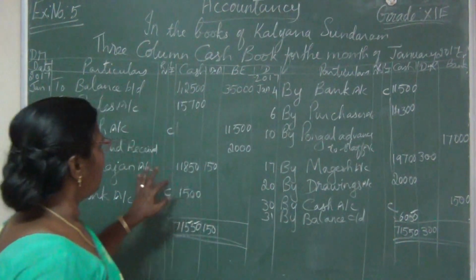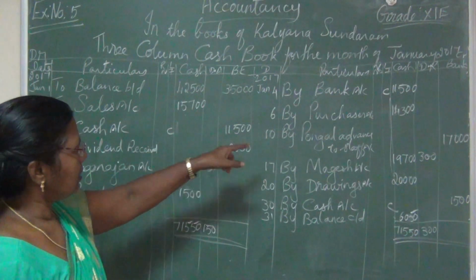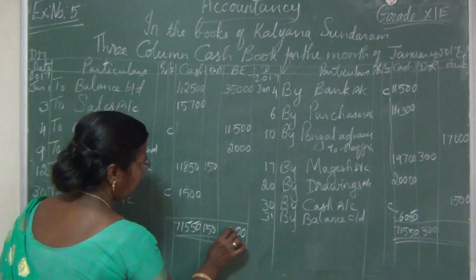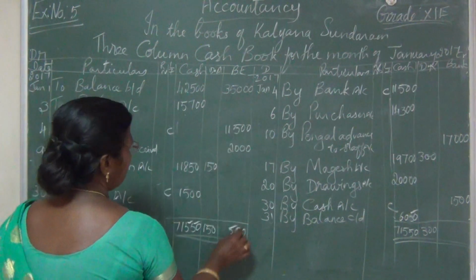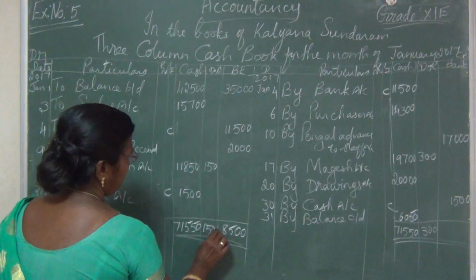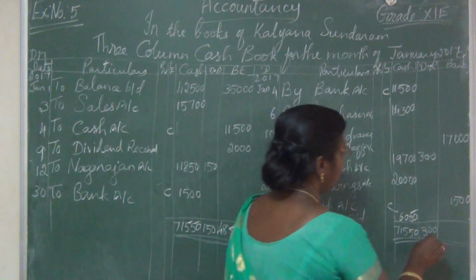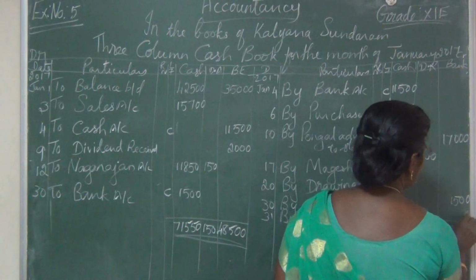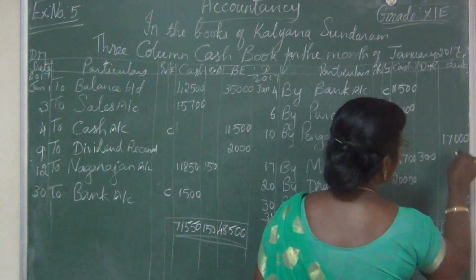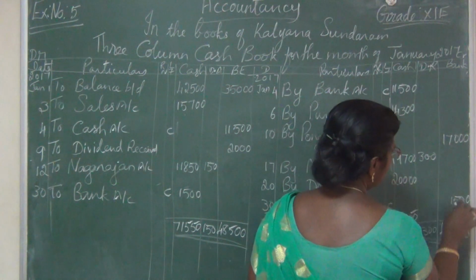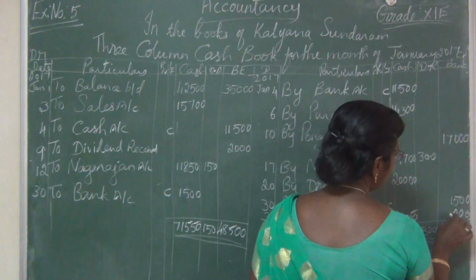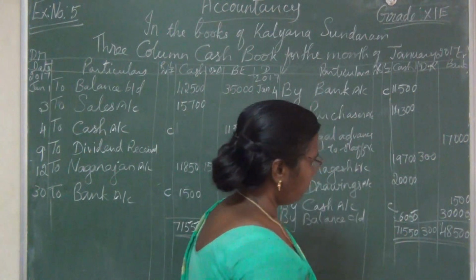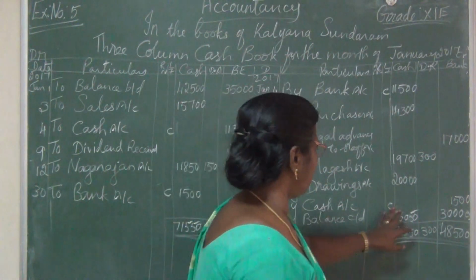Okay, now we will come to the bank column. Here 35,000, here only more we have. So add this amount and write. Okay, 5, 3, 8, 4, 48,500. Right here 48,500. Now balance it. Here 5, so 0. Here 7 plus 1, 8. Again 0, here 1, here 3, so 30,000. Okay, you have got the answer.